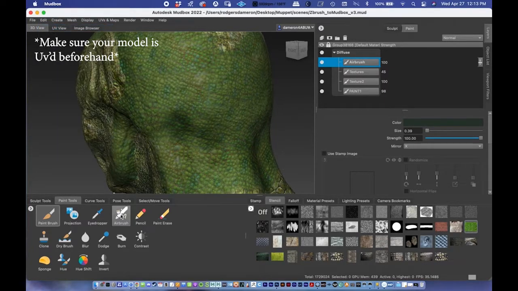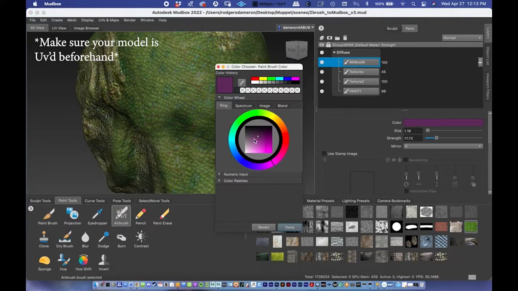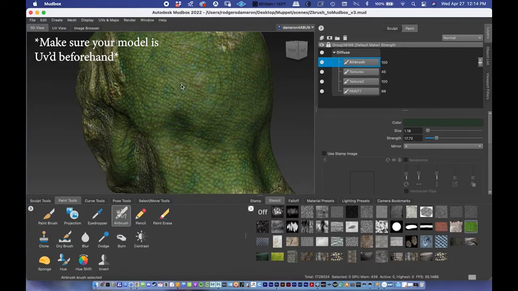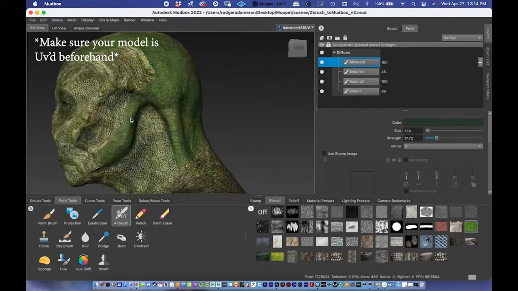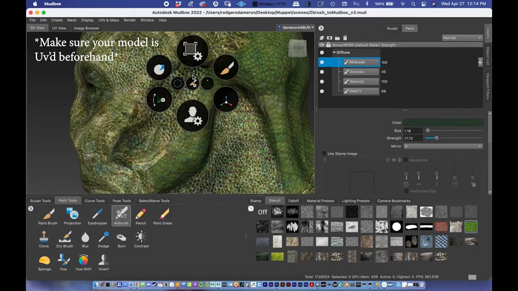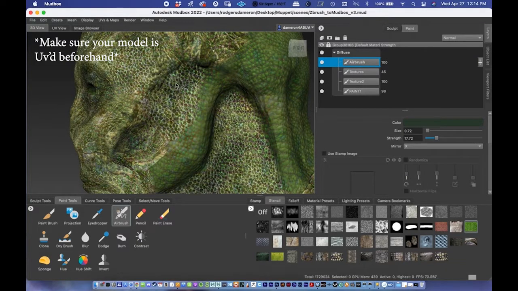And then the airbrush, the only difference between it, and I'm just gonna manually find the color, is it's a little softer. If you're working with realistic characters and things like that, press edit undo, the airbrush is a really helpful tool here. And I like to keep it on its own layer here